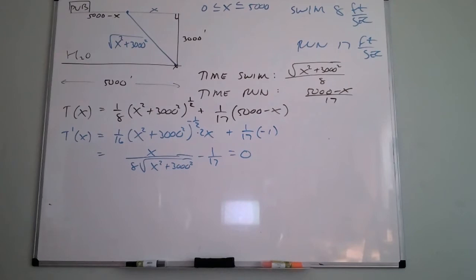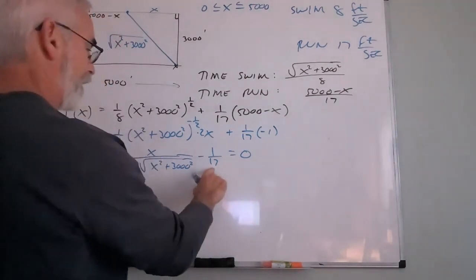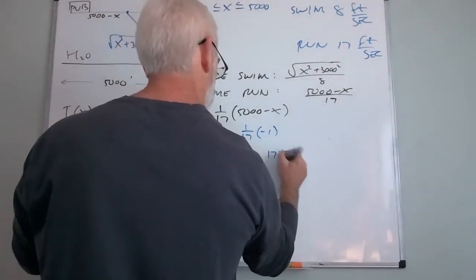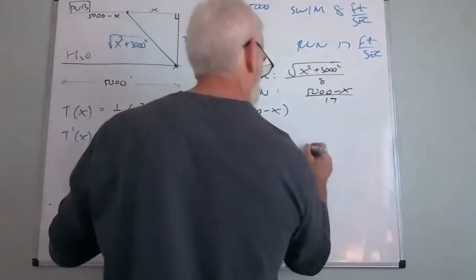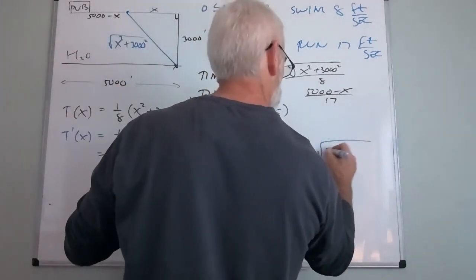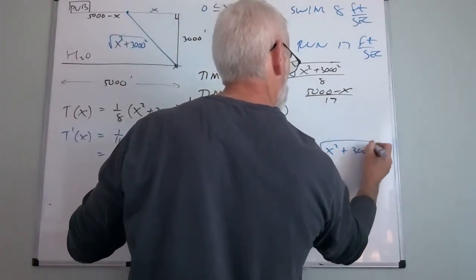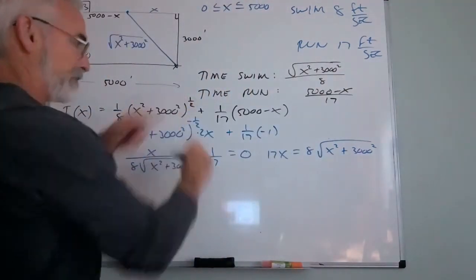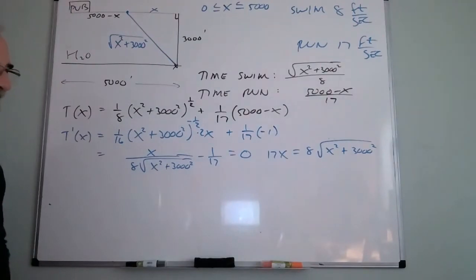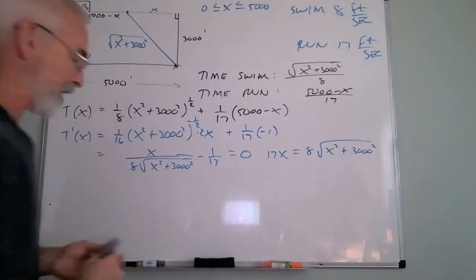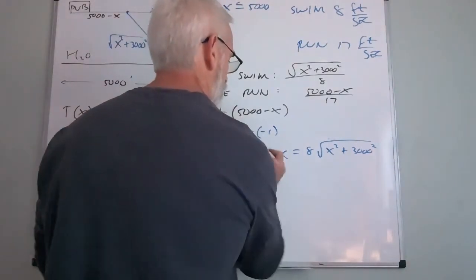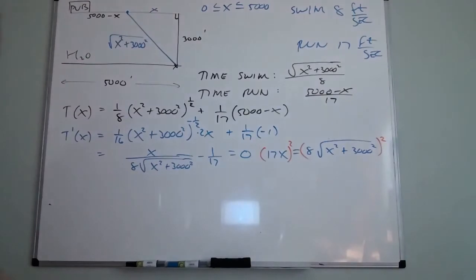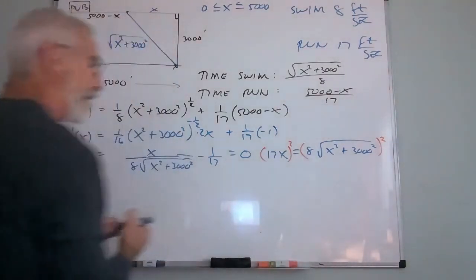Okay, so when I set that equal to 0 and I multiply both sides by a common multiple, that will leave me with 17X equals 8 times the root, right? So multiply both sides by 17 and by 8 times the root. So now I need to get the X by itself. The only way I'm going to be able to do that is to square both sides. Okay. So now I've got